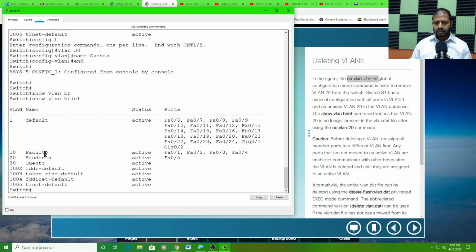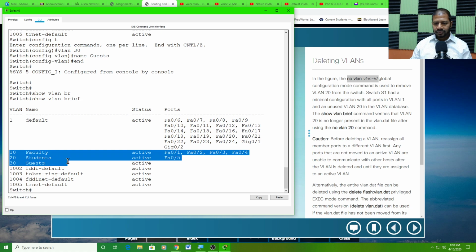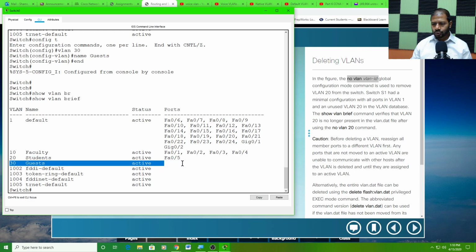Okay, I see, yeah, VLAN 20 is there, VLAN 30 is there, VLAN guest, all of those. VLAN 30 guest is created, nothing has been, no port has been assigned to it yet. Good. I'm going to go ahead and delete that VLAN. How do I do that? Go to config mode, again, config T,